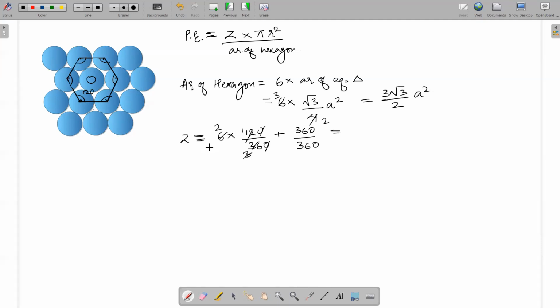Did I do something wrong? No, sir. Correct. It's fine now. 1 by 3 and 6. So this will be 2 plus 1, which is equal to 3. Okay, we have got everything here. One more thing we want to write here is A is equal to 2R. Now this is R, this is R, this is A. So we have got everything now.